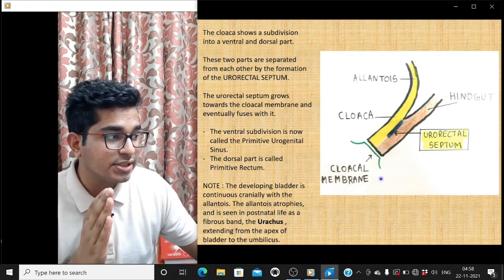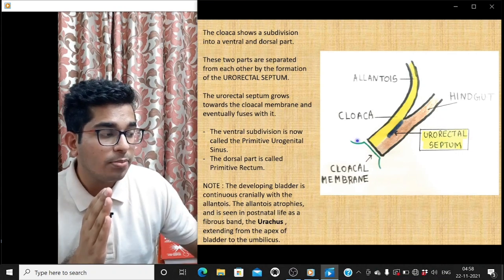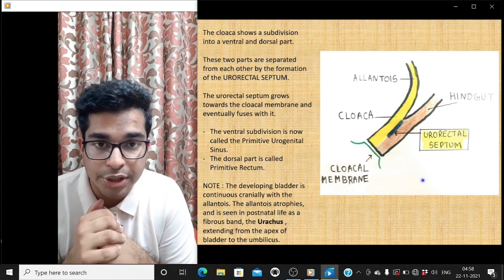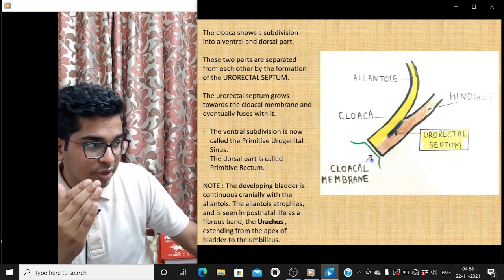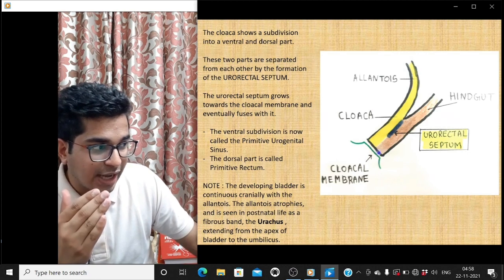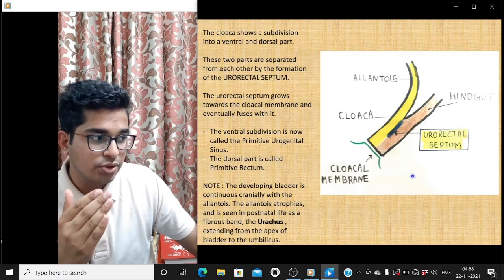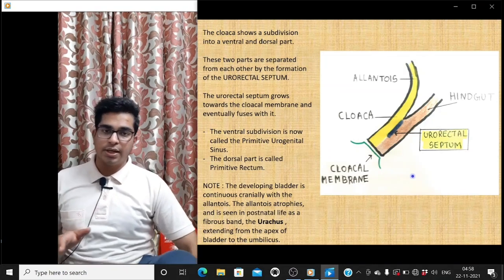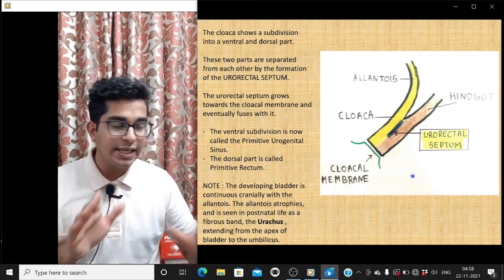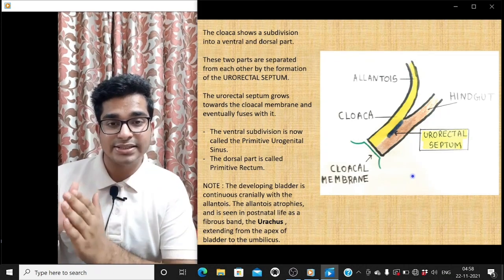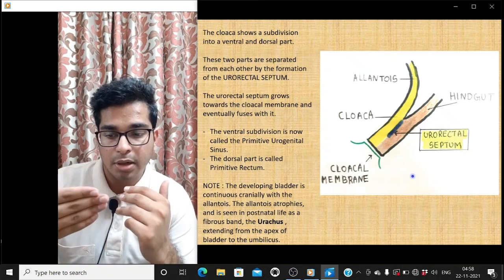Now what is this? This is your cloacal membrane. Okay. Cloacal membrane is basically ectodermal in origin. Now what happens after that is that the cloacal membrane impinges on this and it covers your primitive hindgut from inside. So see, we will discuss the development of anal canal in much more detail, but just have an idea about this, that the anal canal itself is made up of three parts. Okay, the upper part, middle part, and the lower part.